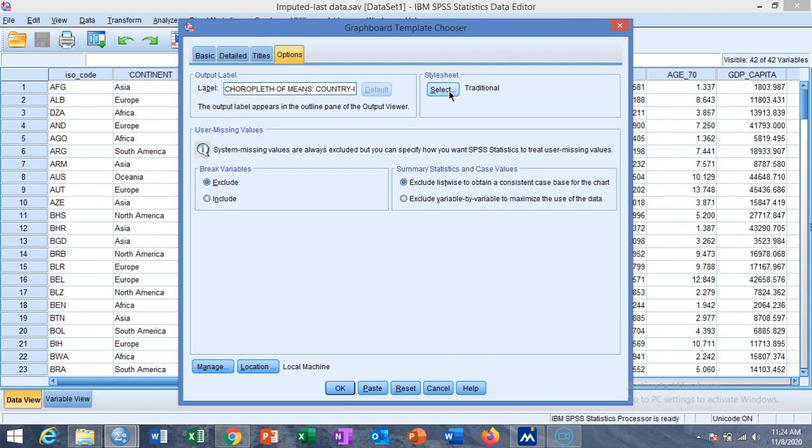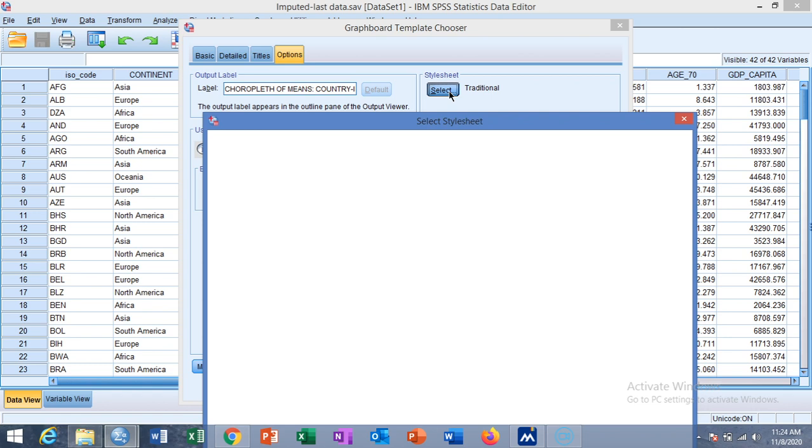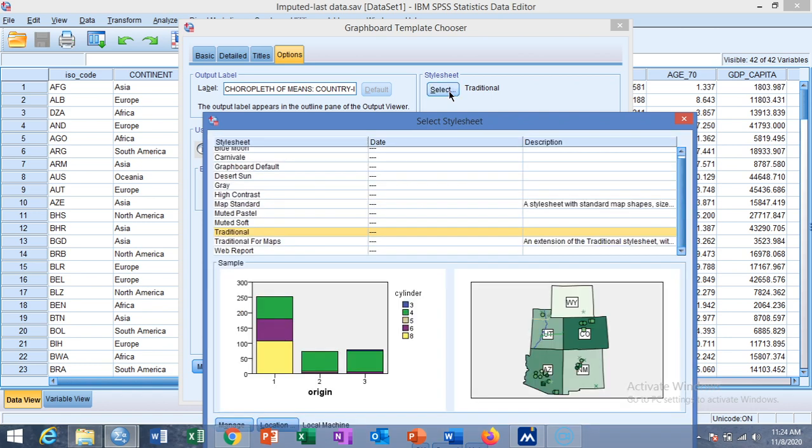If you want to change the style of your sheet, then you can click on this. For now I am making the traditional sheet, traditional map. If you want to make muted soft, muted pastel, and the map for the web reports, then you can choose this option as well.